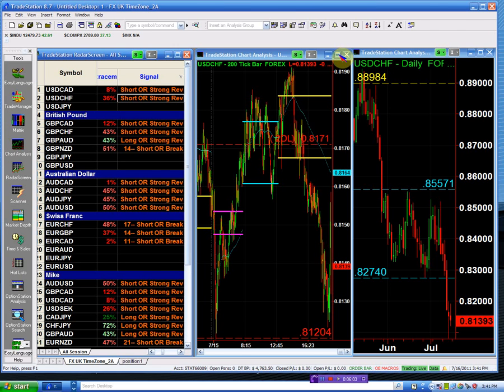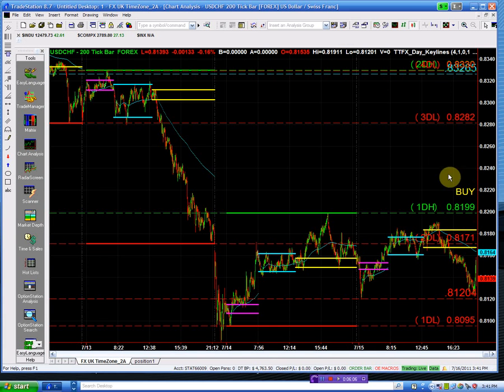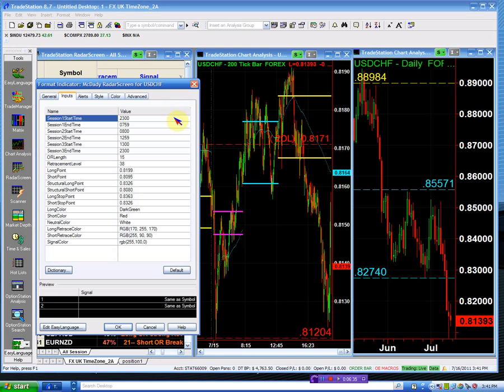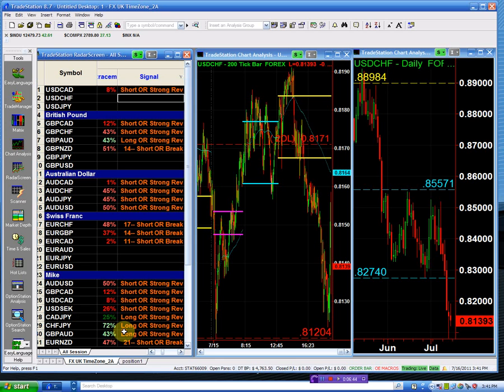If I buy it above 81.99, let's see where we're going to place our stop. If this is where we're going to buy it from, I really don't want to give it too much room, because the only reason I'm buying that is because of this setup. That would be like a structure, so I'm not going to give it a very wide stop. I'm going to use the 81.64 as my stop, my long stop. So my long stop is 81.64, and my short stop